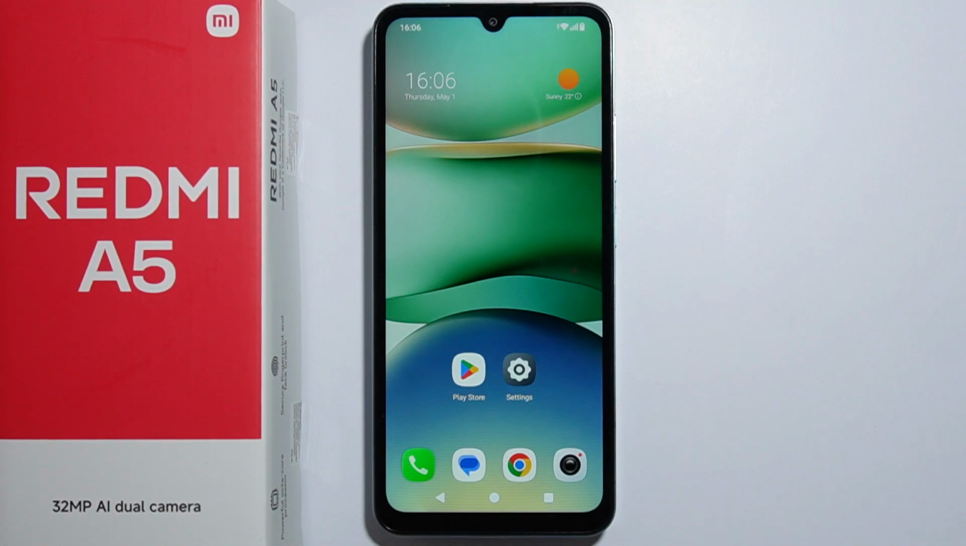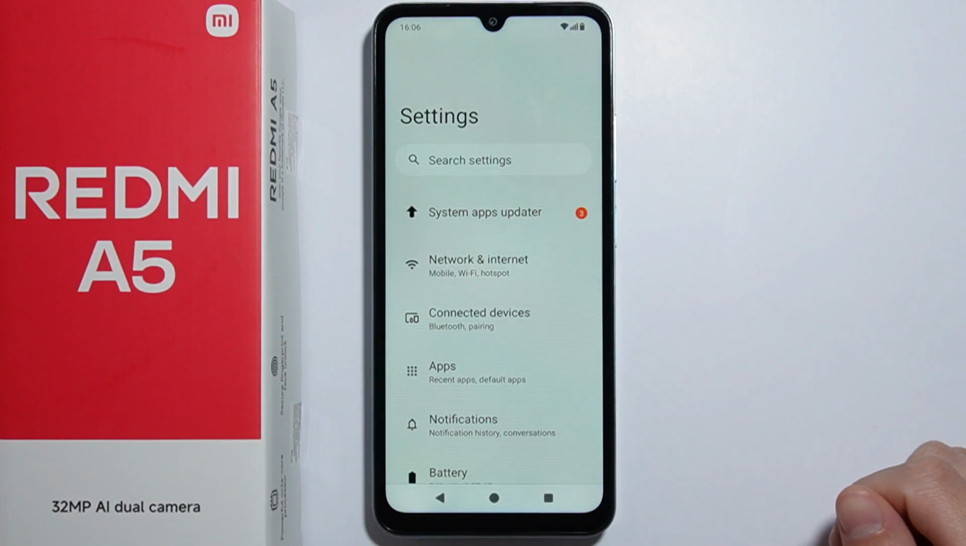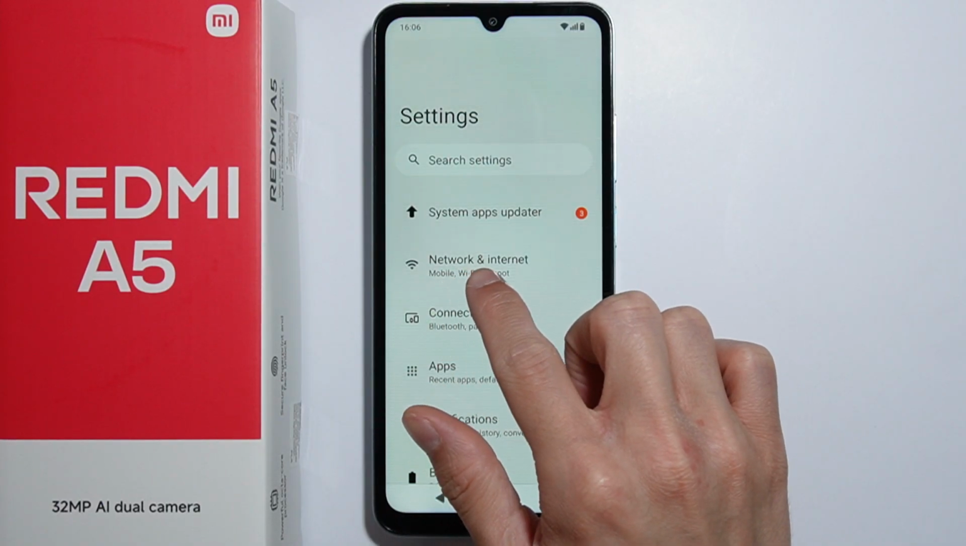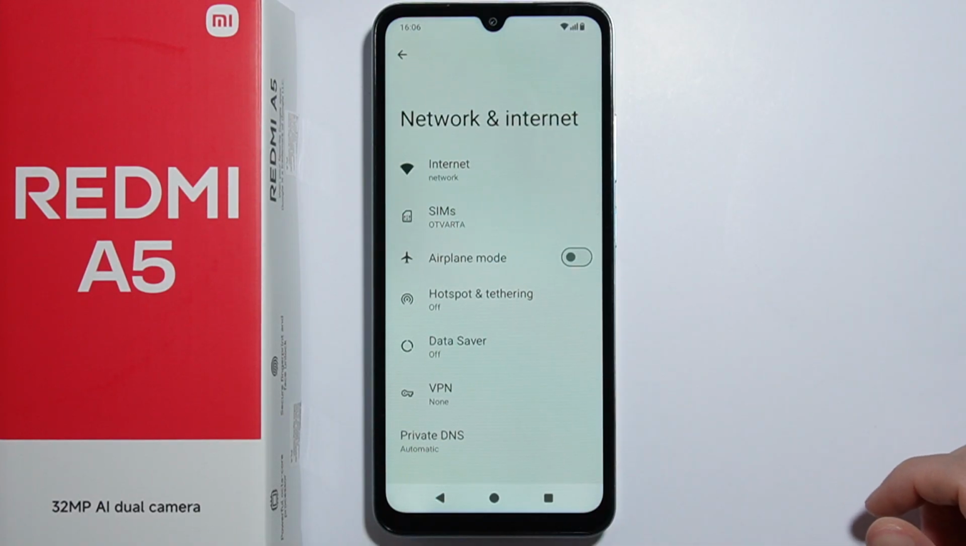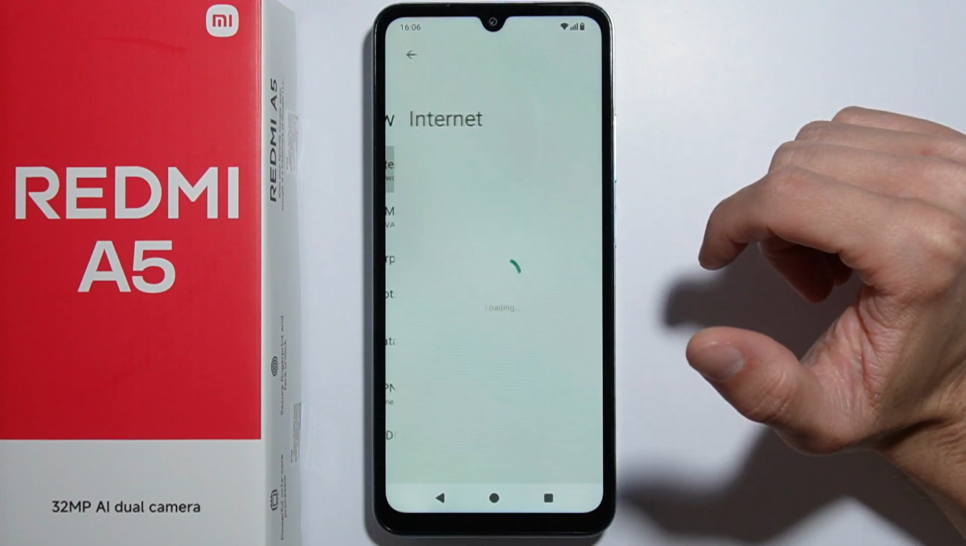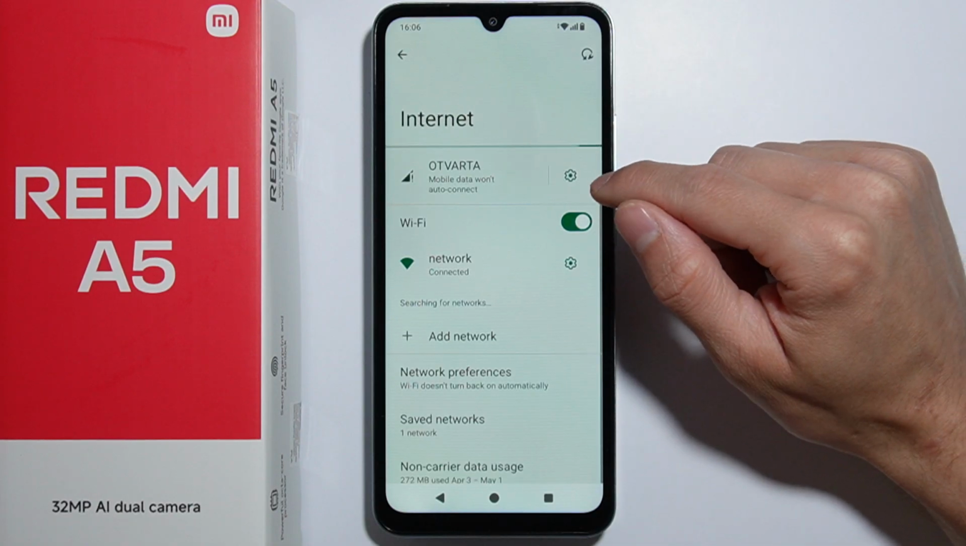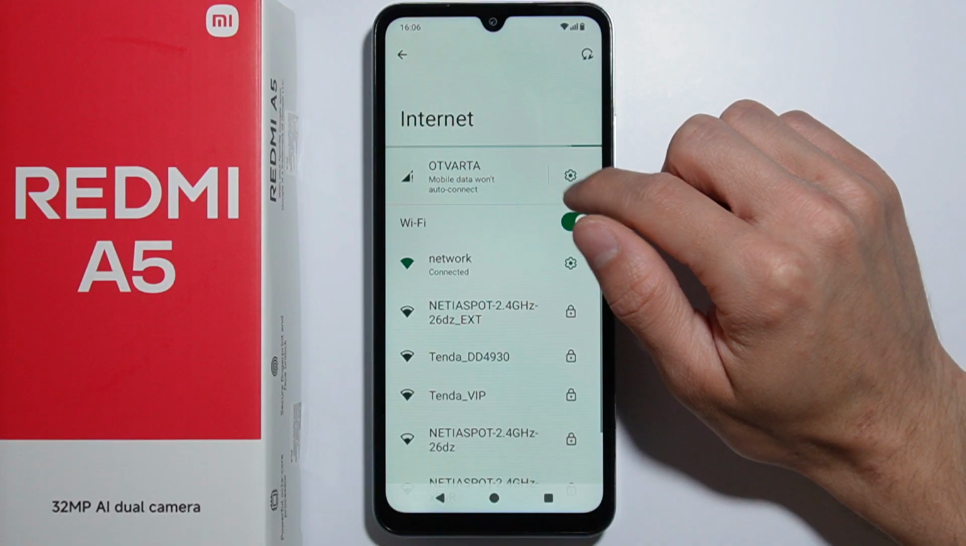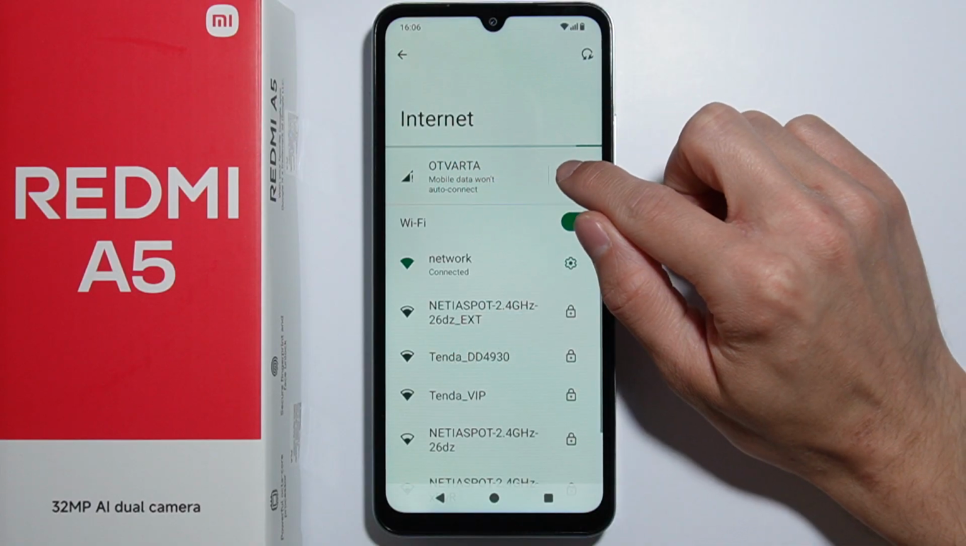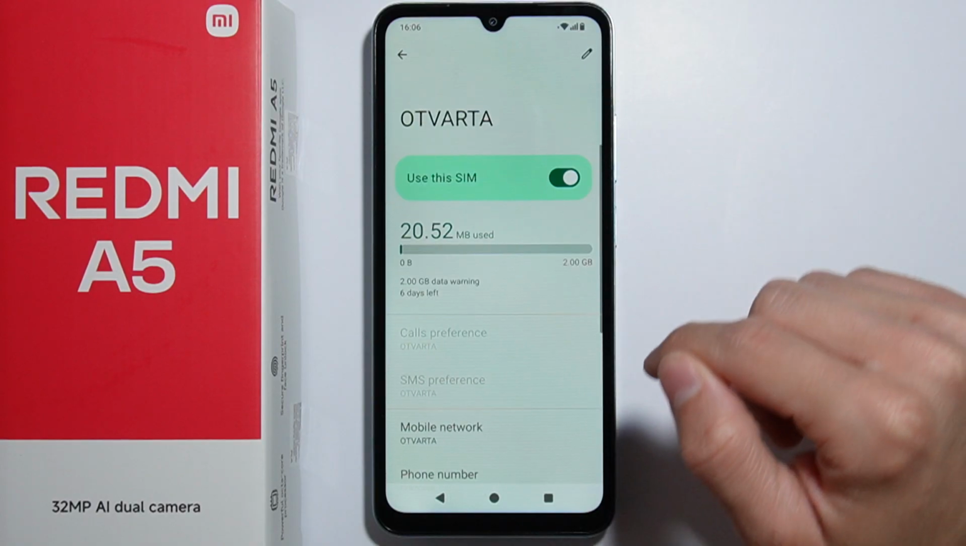To check mobile data usage on Redmi A5, all you simply have to do is first go into the settings. From here go for the network and internet, and here go into this internet. From here you'll have to go for more details of the mobile data, mobile network, and right here you can